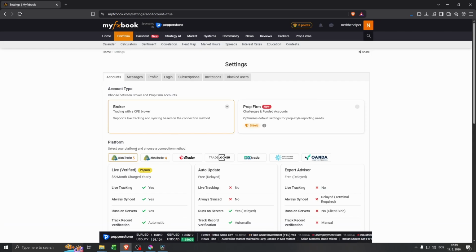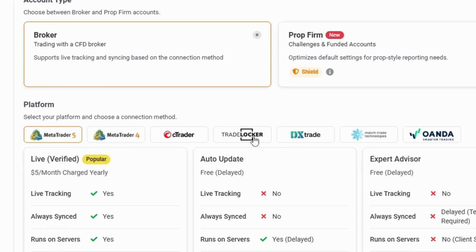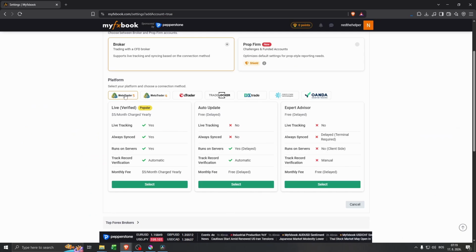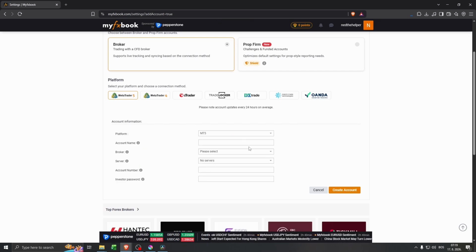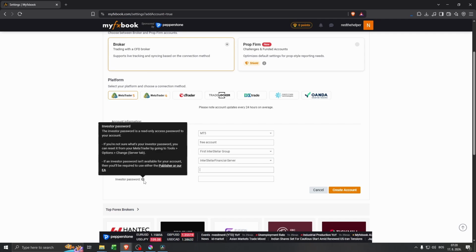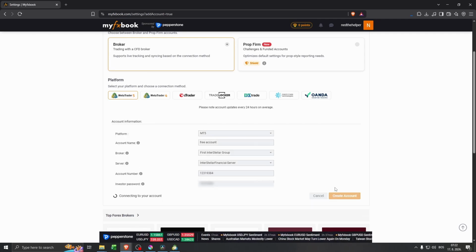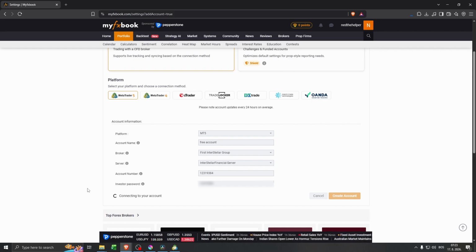From here you can choose your platform, MetaTrader 5, MT4, cTrader. I'm gonna choose MetaTrader 5. Do auto update here. Let's select it. Account name, you can do whatever you want. You can select the broker that you're using, the server, and from here type in your account number and investor password. So let's create an account, and it's gonna take a while, but Myfxbook is gonna sync all of your